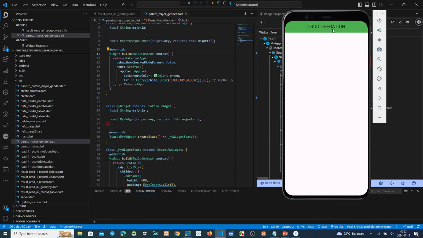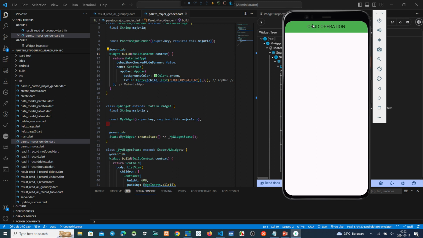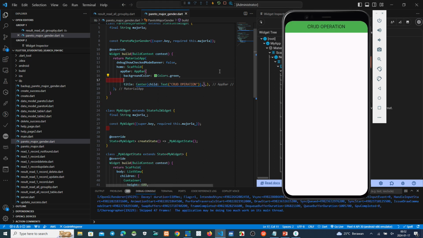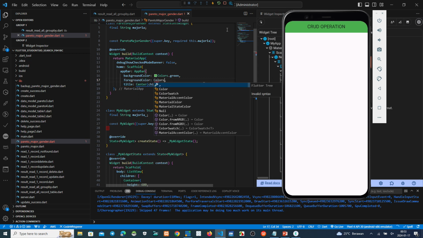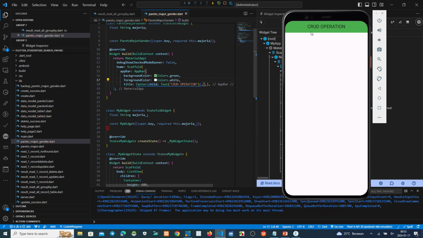Okay, and then we make this foreground, this one white color. Okay, this one make this color. Choose the foreground color. White. Okay, this is the white.